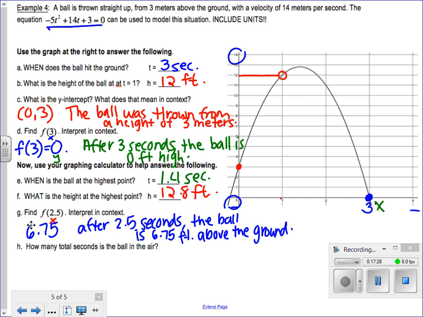All right. Now, last question should be easy. How many total seconds is the ball in the air? Well, if it hits the ground after 3 seconds, that's how long it is in the air. 3 seconds. All right, this is probably the most involved modeling that we've done throughout this unit, so it's really